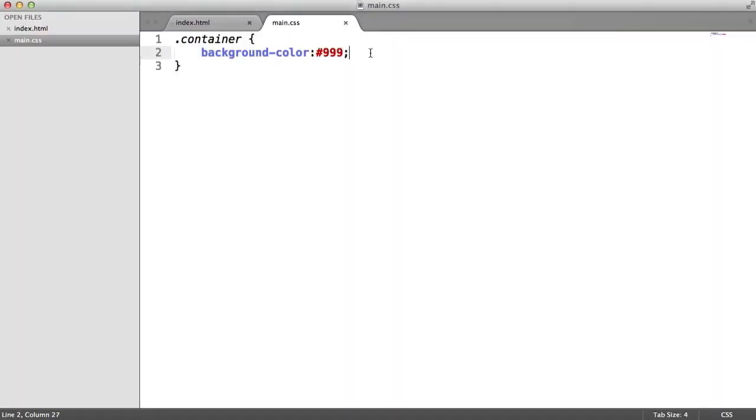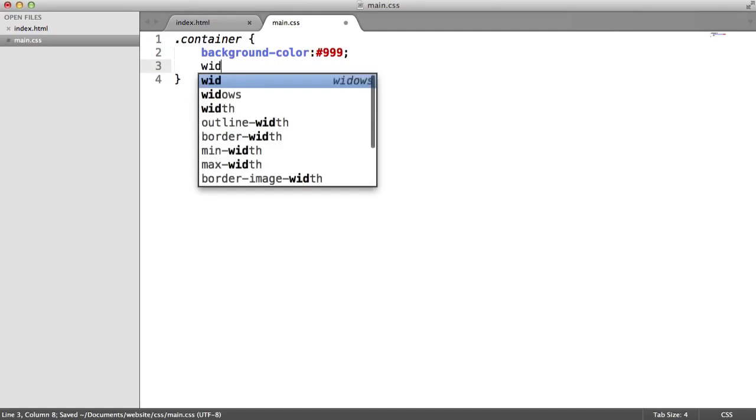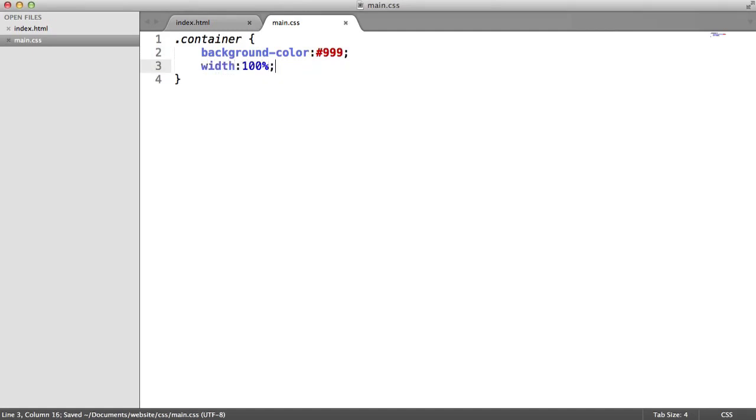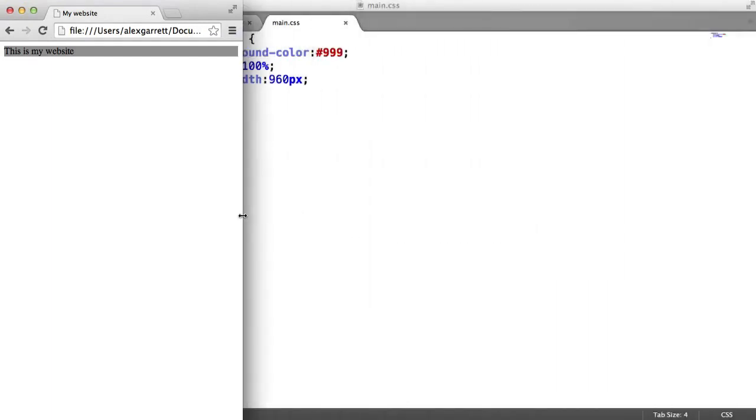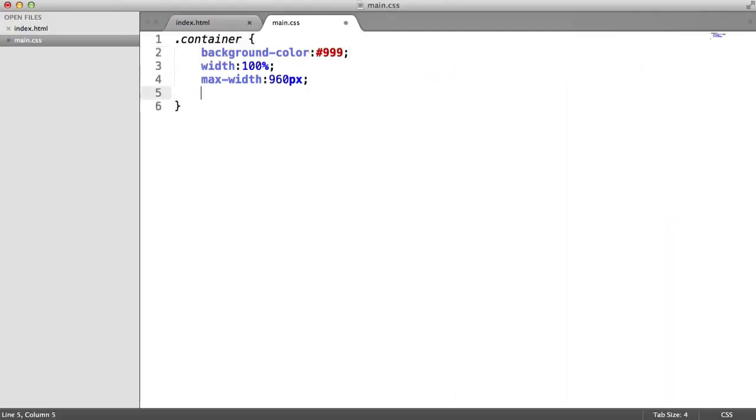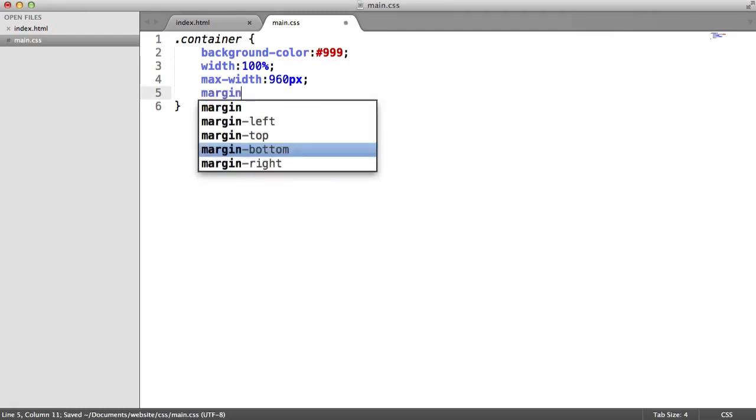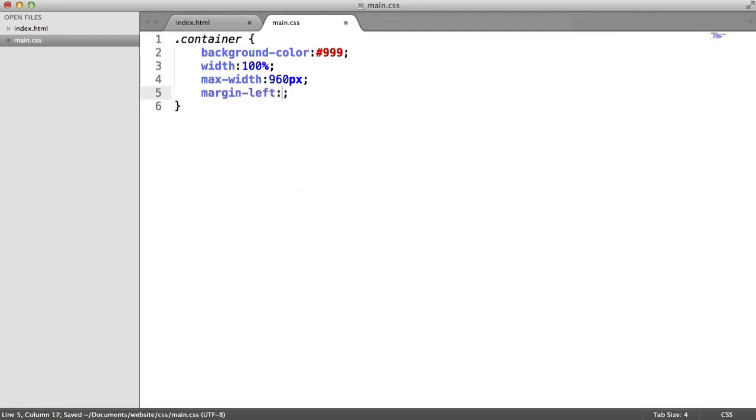Okay, so what we want to do now is set a width on this container. We're going to set a width of 100% on this, and then we're going to set a maximum width of, say, 960 pixels. Now this is going to do exactly the same thing as before, whereas when we pull it in, that responds in, and the container fills up just the viewport that it's within. But now I'm going to say margin left auto,